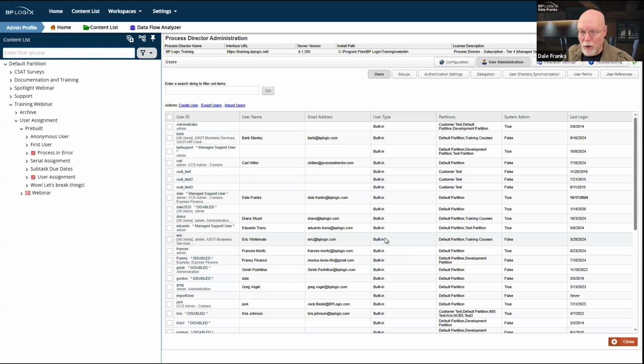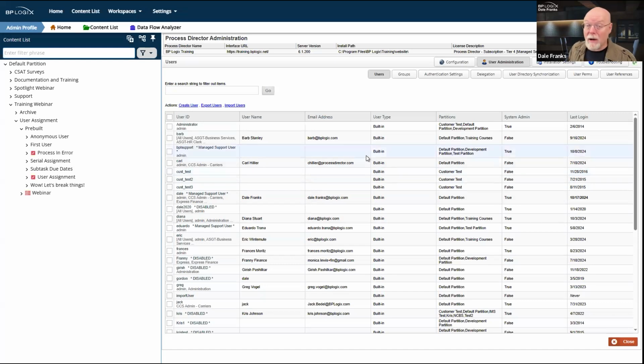So if you're on a SAML system, since that's what most of you are on, we'll just pretend that everybody's on SAML. You'll log into your SAML system. It will transfer you to Process Director. And in Process Director, of course, you'll just act as a normal user. But if you are a system administrator on that system, you should have a built-in account that is a system administrator account that is strictly assigned to you. And anytime that you want to perform any sort of administrative action in Process Director, you need to manually log into Process Director to do that administrative action.